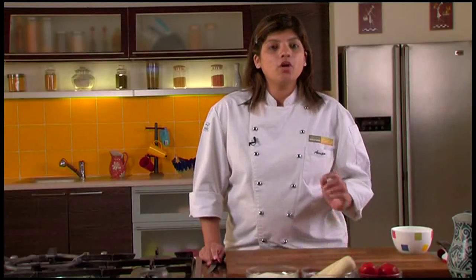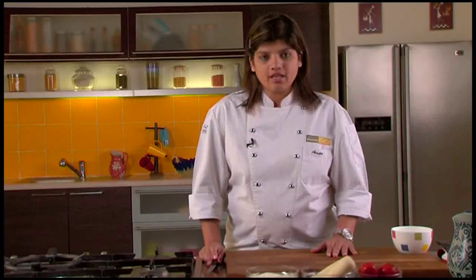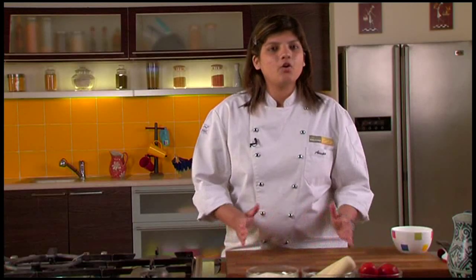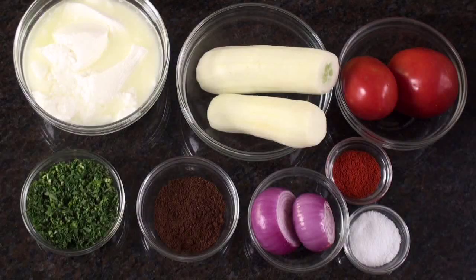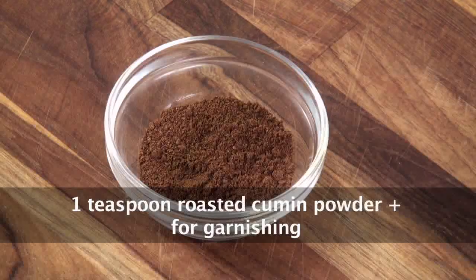Let's make a yogurt preparation, a very common accompaniment with biryanis and pulaus. Yes, I'm going to show you how to make raita. Again, this is going to be a basic raita, and on days when you don't want to make a simple vegetable, you could just make raita and roti. This also works fine. So, for vegetable raita, I need yogurt, cucumber, tomatoes, onion, fresh coriander leaves, roasted cumin powder,